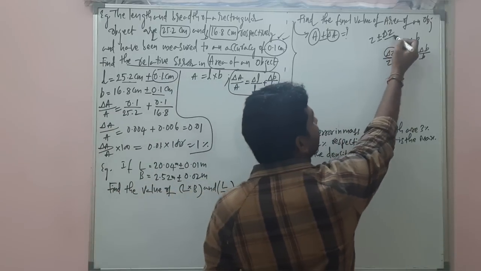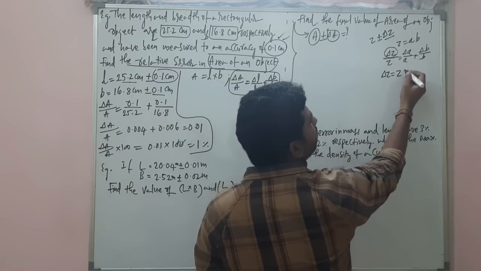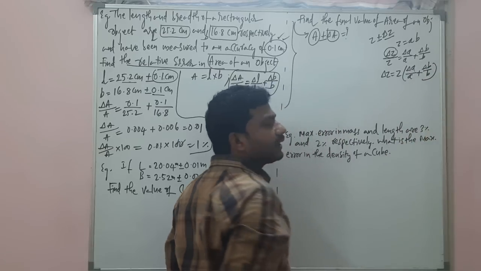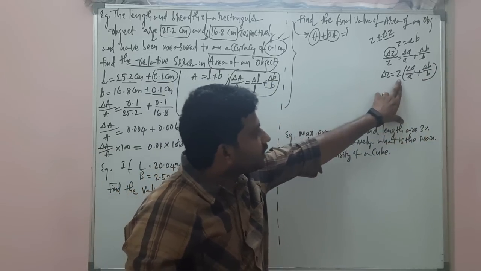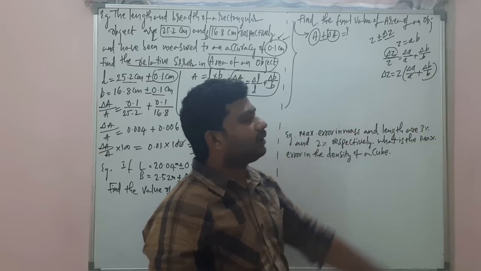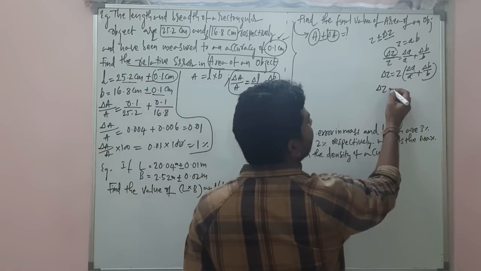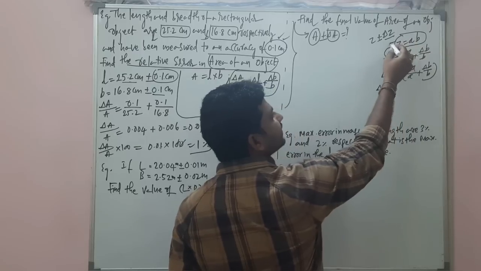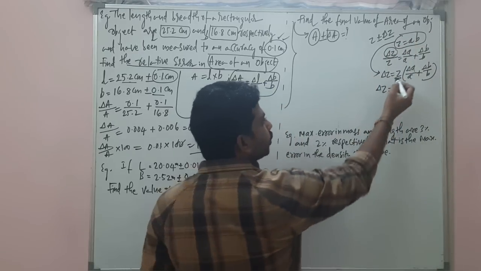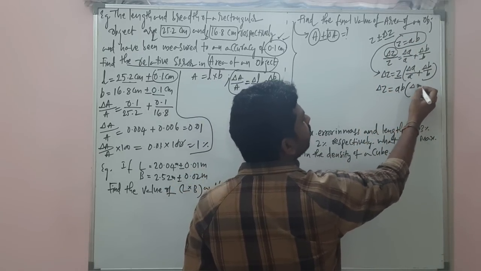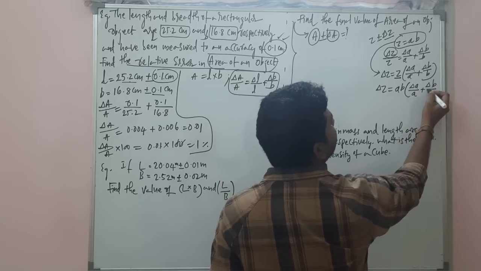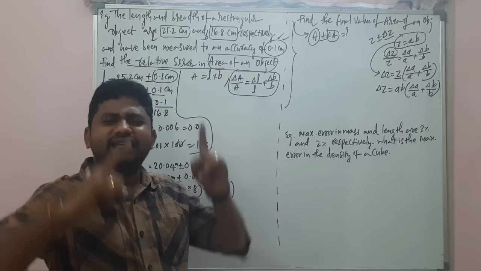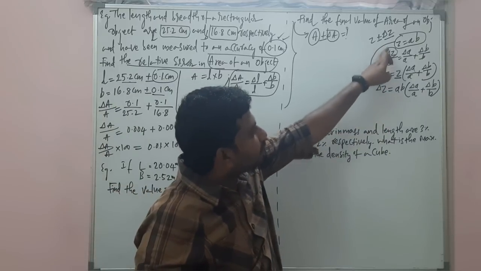So for that, delta z you get from here. See, delta z is equal to z into delta a by a plus delta b by b. Alright. So this delta z is equal to z. What is z? Z is a into b. Okay, this z is a into b, you just multiply here. So delta z is ab into delta a by a plus delta b by b. Alright, clear? Again, just pause the video and go back and practice this part.